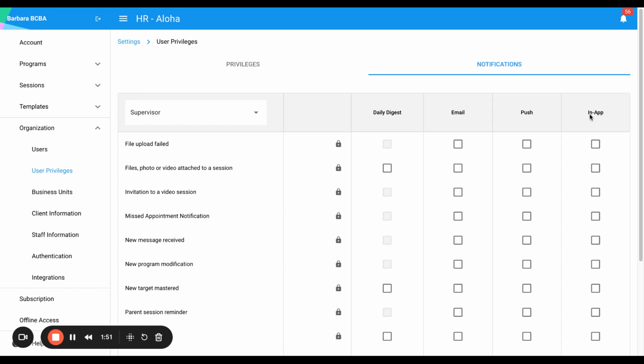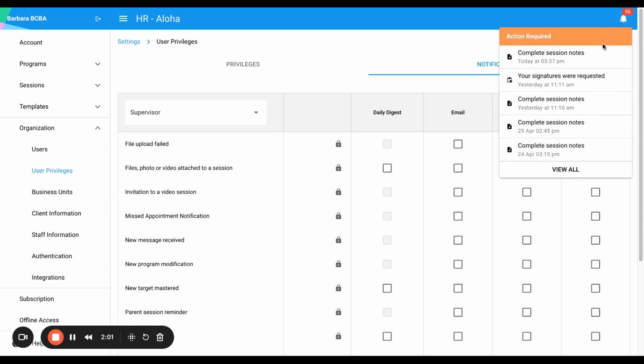And then you can obviously just check on and off the different notification types, which include a daily digest, email, push, or in-app notifications. All notifications outside of email or push notifications, they're all going to show up here in the notification center. You'll be able to see a quick overview of your most recent notifications,